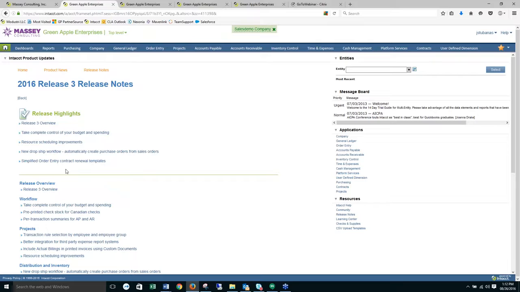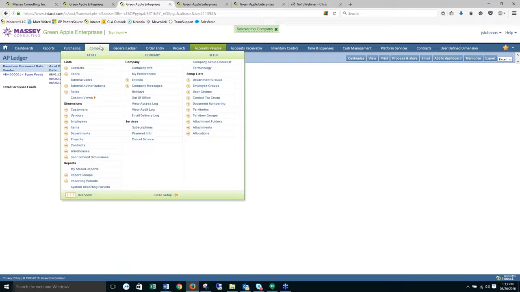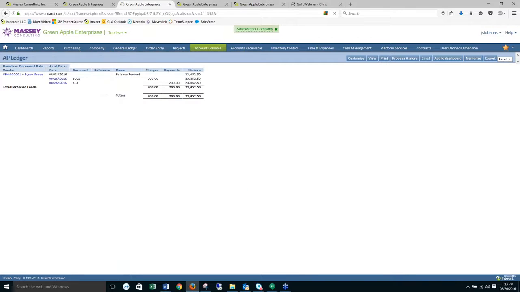So starting with the newest feature that Intacct has, they have a new module. It's called Spend Control. What they have done is they have allowed you to now set into the budgetary process the warnings against specific GL accounts. The way that you turn this on is you would go into Company and down into Subscriptions,